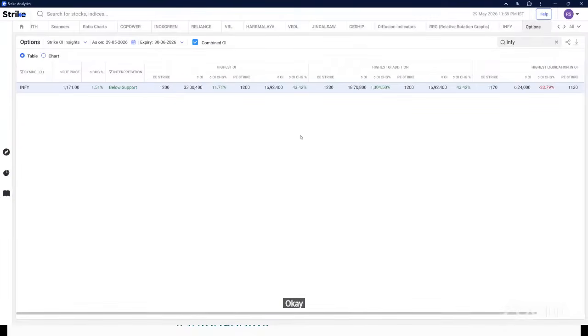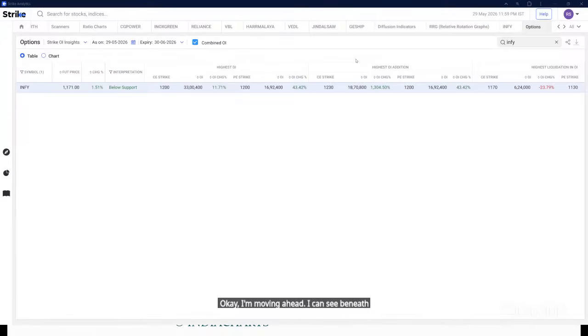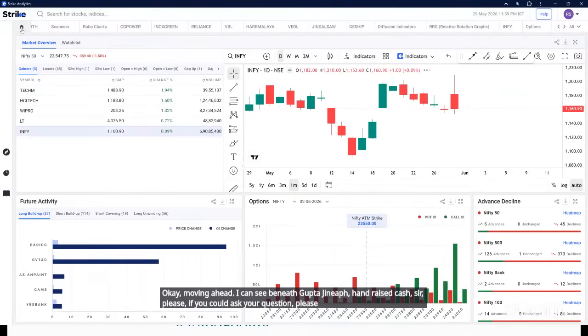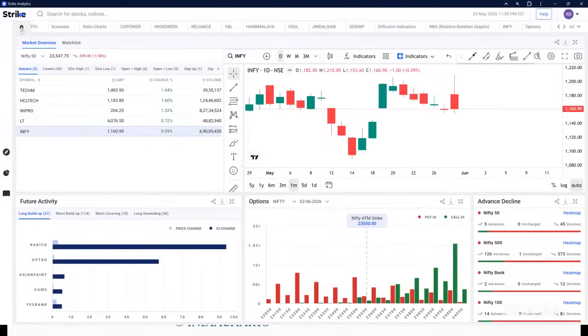Okay, moving ahead. I can see Vineet Gupta जी ने यहाँ पे hand raise किया है. Sir, please, if you could ask your question, please. Very good morning, sir. गुड मॉर्निंग।